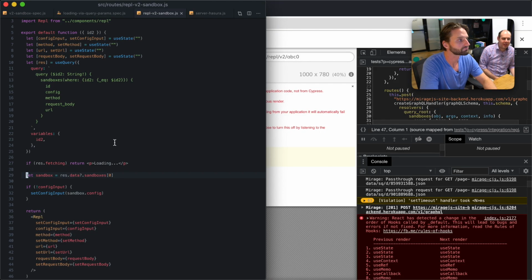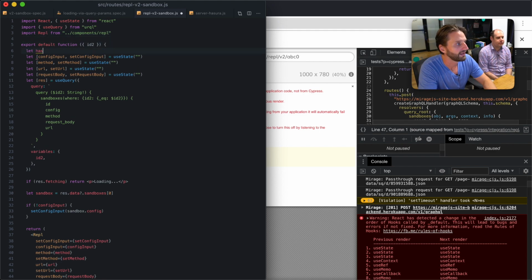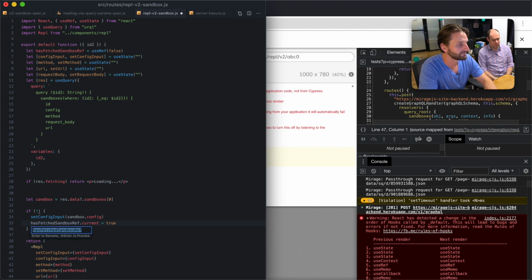Exactly. I often think of how when we talk about building the Twitter UI, it's not that I want a constant stream of tweets. I want all the tweets as of a certain point in time, which was when a certain condition was met as of a render. Right. Exactly. Yeah. So I think this is similar to that. You want a ref that's like did capture, has fetched sandbox. Yeah. It's really has set initial